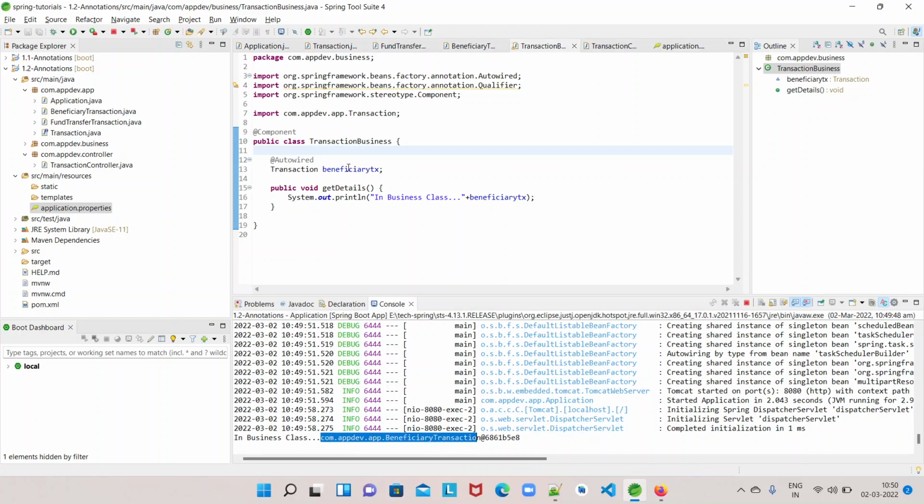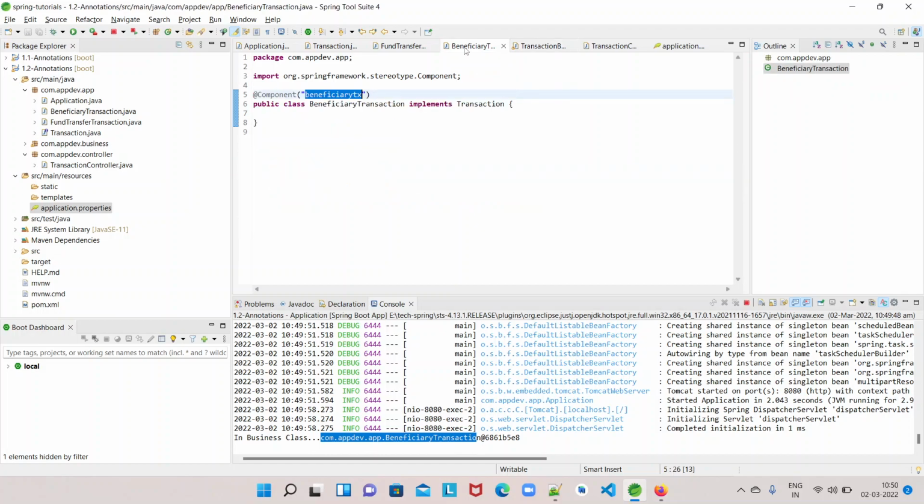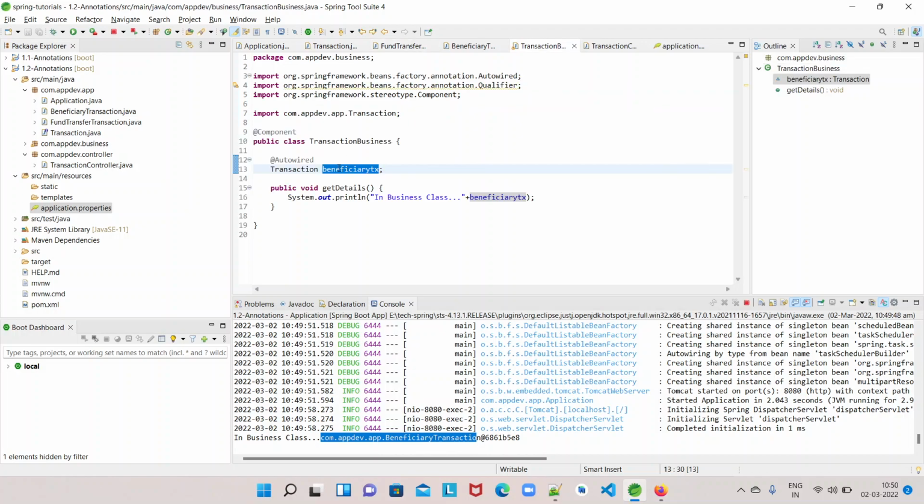Because we mentioned the same name with which the bean was created during the container startup, the same beneficiary transaction. Suppose you want fund tx, you can mention fund tx only here. Then fund tx will be injected into your transaction business.